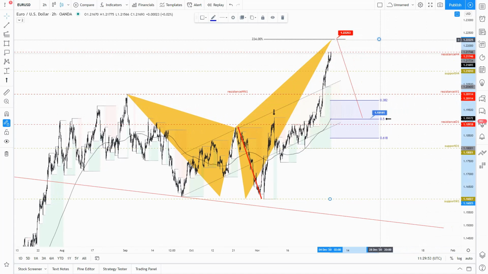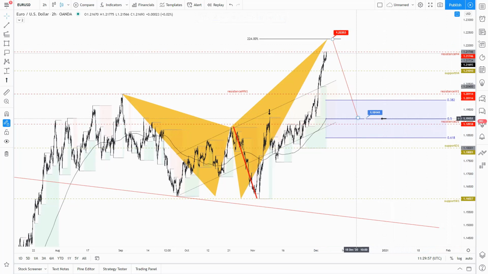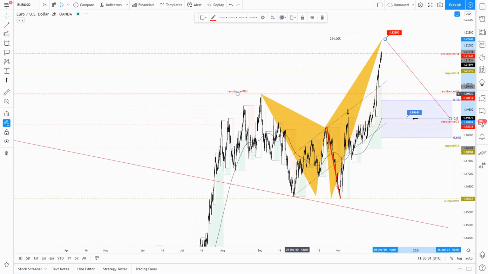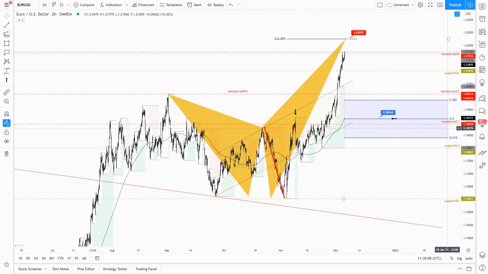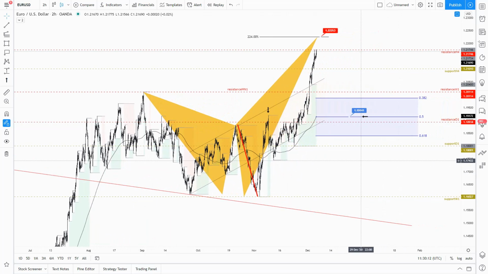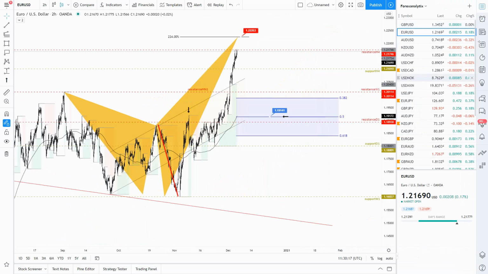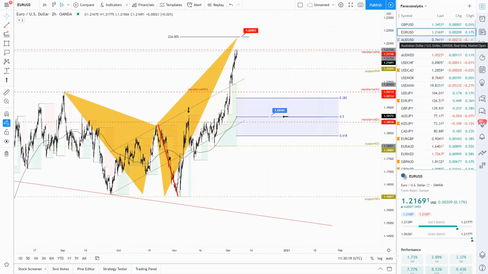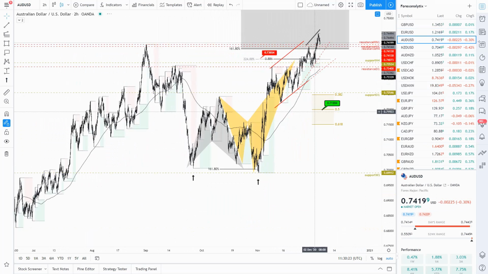That can happen in an indeterminate period of time. We don't know if that will be a fast or a slow process to achieve those targets. You never know how long it will take, but take this idea for euro versus dollar, bearish shark pattern projected right above the most recent highs. Let's see if the market will respect that level.